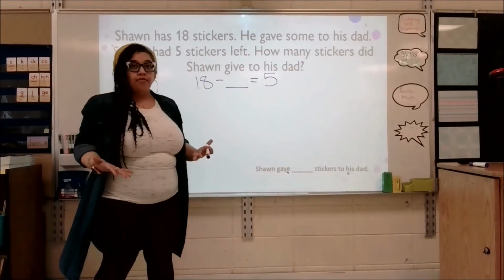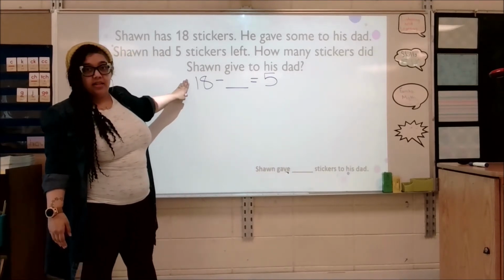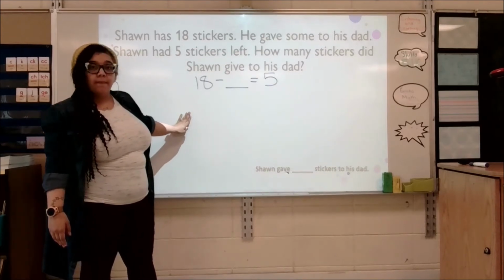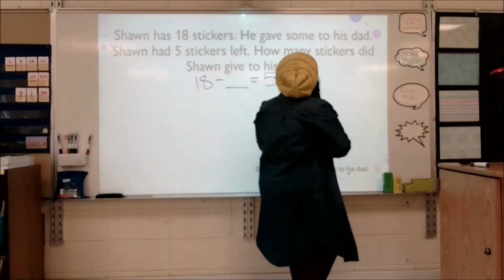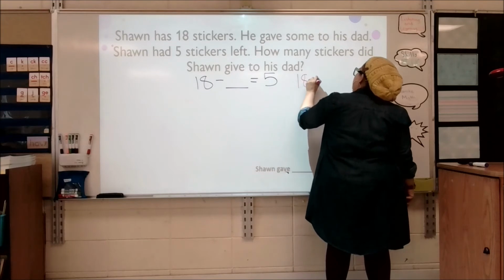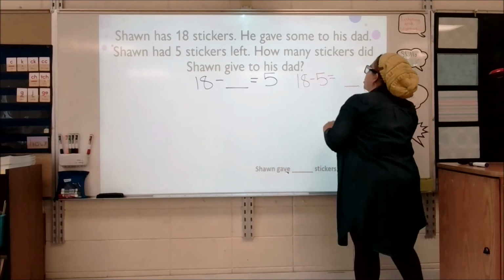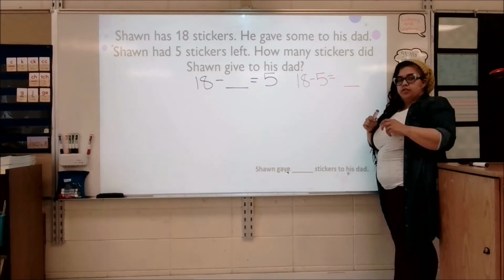This is the number sentence that matches the order in which we were given the information. But to solve the problem, to actually do the math, so this is our story sentence. This is our number sentence to match the story. Now we can have another number sentence from the same number bond for our solving of the problem. For solving the problem, I think it is more beneficial to use this number sentence. Do you agree? Okay, good. So still subtracting,